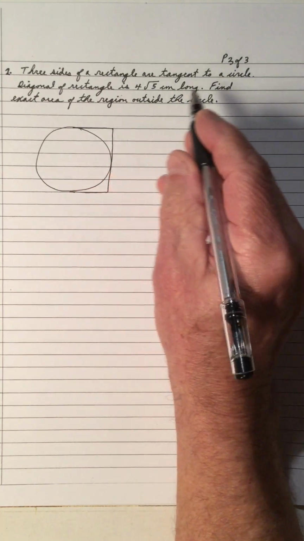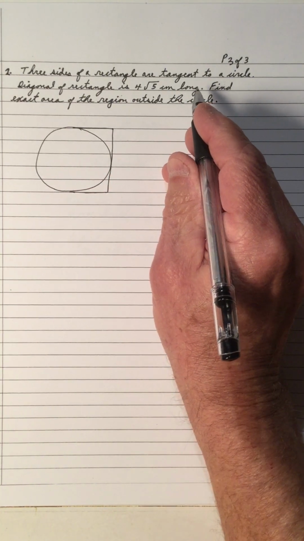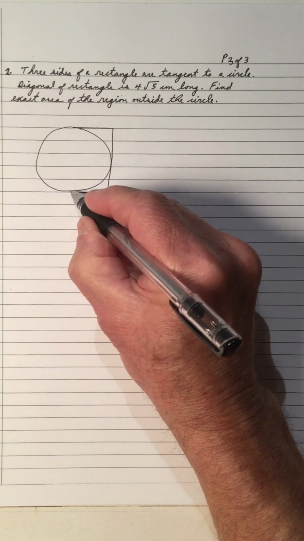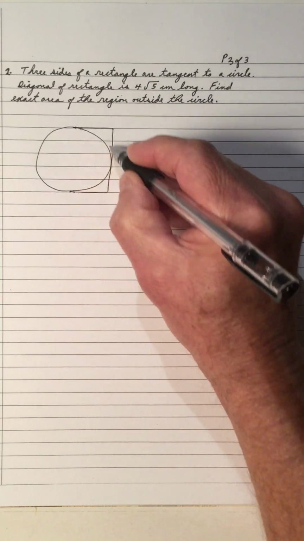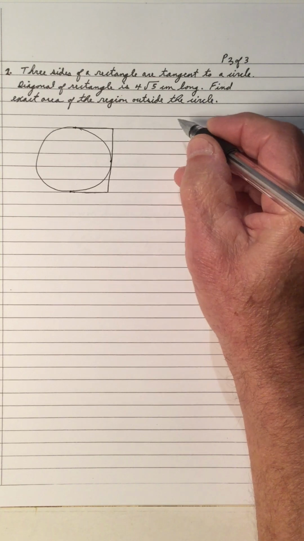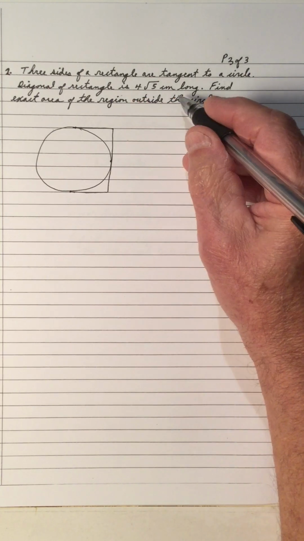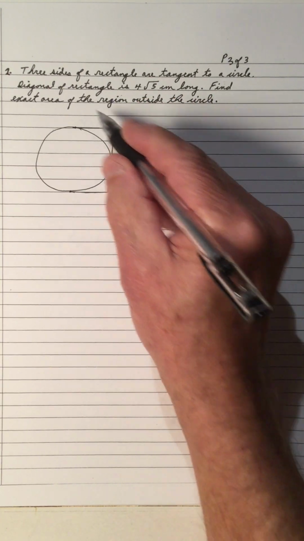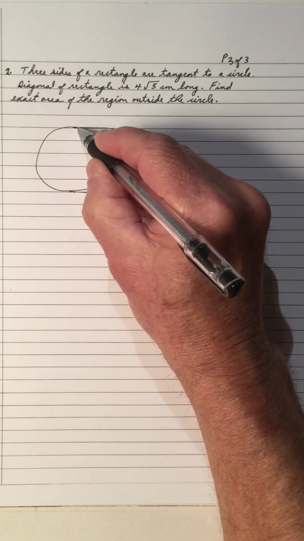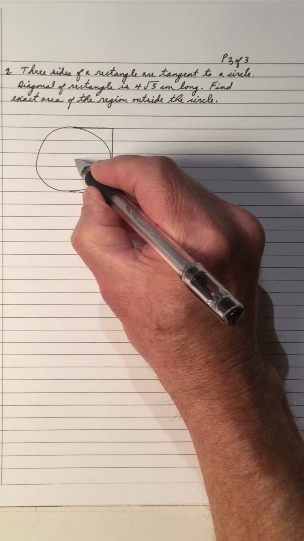So three sides of the rectangle are tangent to the circle. So there's a tangent here, and a tangent here. And that means the diagonal will come. So that means if this is the center of the circle,